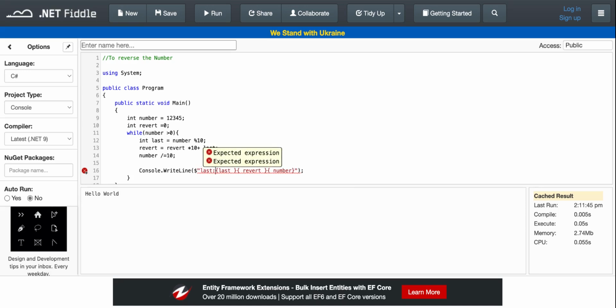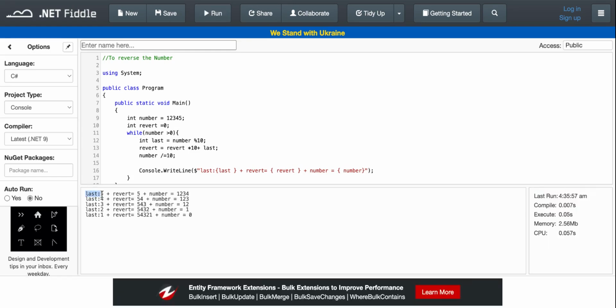Let's understand, you will clearly understand here. Let's print it. First what I am doing, I am taking the last digit,